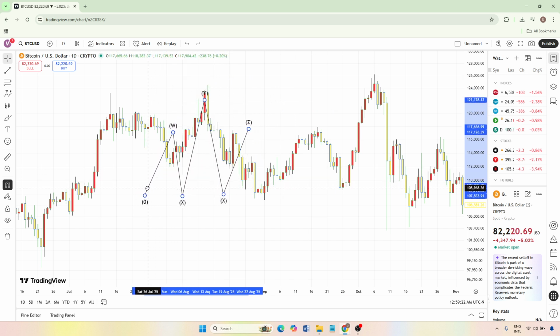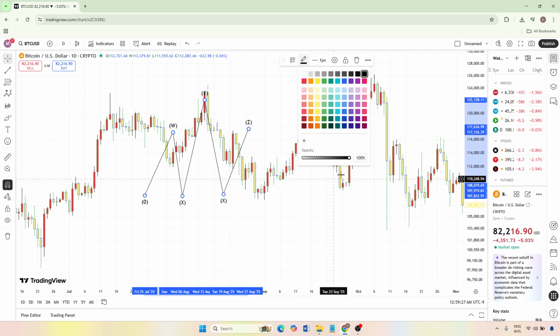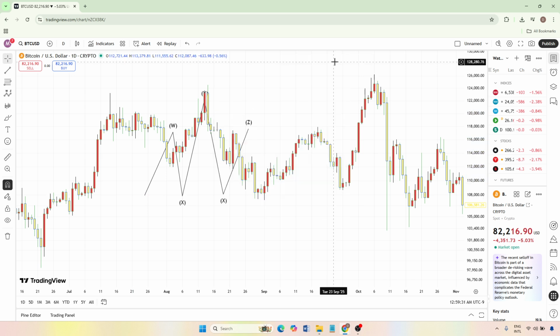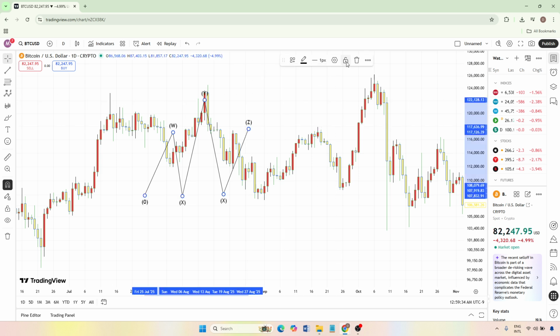You can also customize the look of the pattern. Open its options, then click on templates if you want to save your preferred style. Click on color to change the line colors, and click on line tool width to make the pattern thicker or thinner so it stands out more clearly. In the same options area, you can click on settings to access deeper controls. Click on lock to prevent accidental changes. Once you're happy with it, click on remove if you want to delete the pattern, or use the three dots